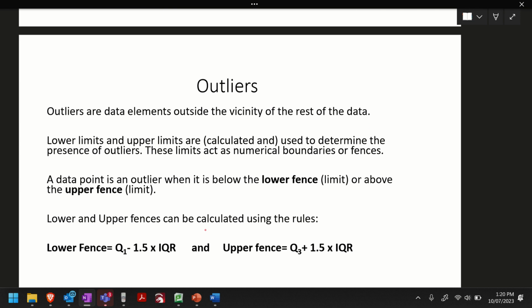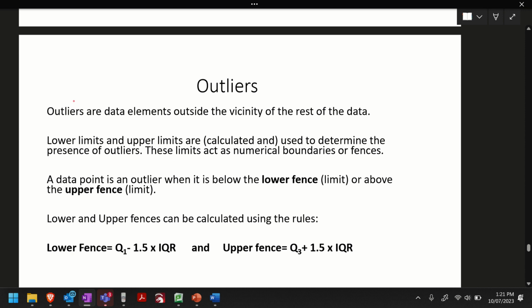Okay, if I go back to the age idea here, if, for example, we brought a baby in the room, their age would be 0, my age would be 32, both of us would be outliers compared to you guys because you're all about 16 or 15, whereas our ages are way outside of it. The baby would be an outlier in the lower limits, and I would be the outlier in the upper limits. But we need to figure out what the limits are.